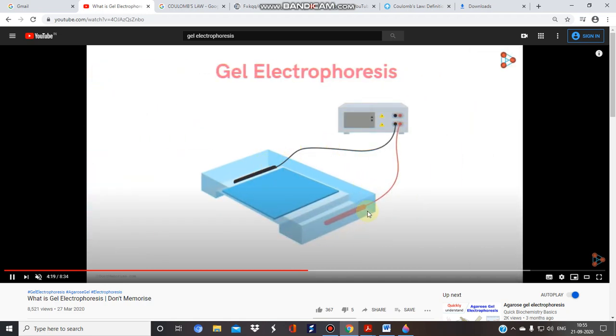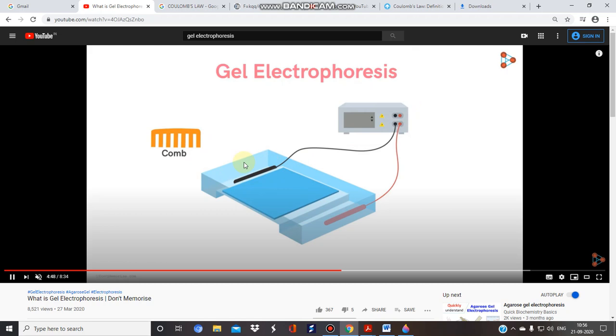And suppose this is your casting tray, which is connected with an electrical supply, and over here you have a gel that is made up of agarose. This is the comb. It is used for forming the wells inside this gel, that is the agarose gel. With the help of this comb, we will make a particular alignment for spotting our